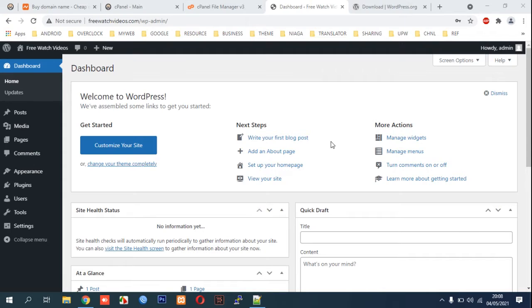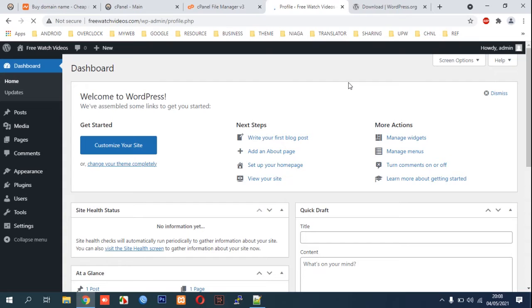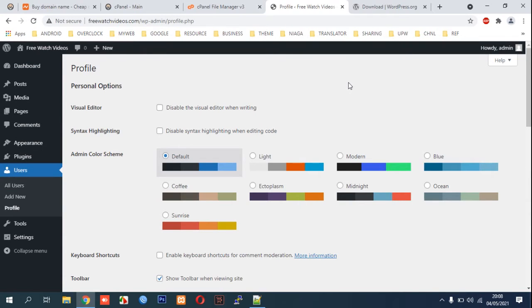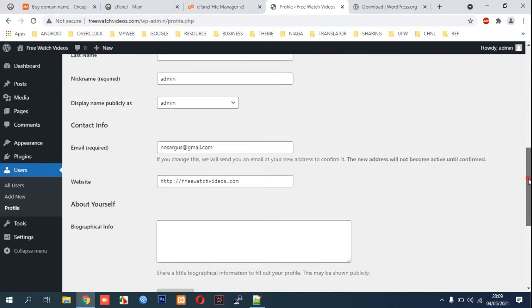In the previous video, we showed you how to build WordPress websites and how to log in to them. Here, we will show you how to change our password. To change our password, you can click User and then select Profile. Because in the previous video, we installed WordPress with the password 12345, and this is very weak and not secure for our website. To change our password, you can scroll down